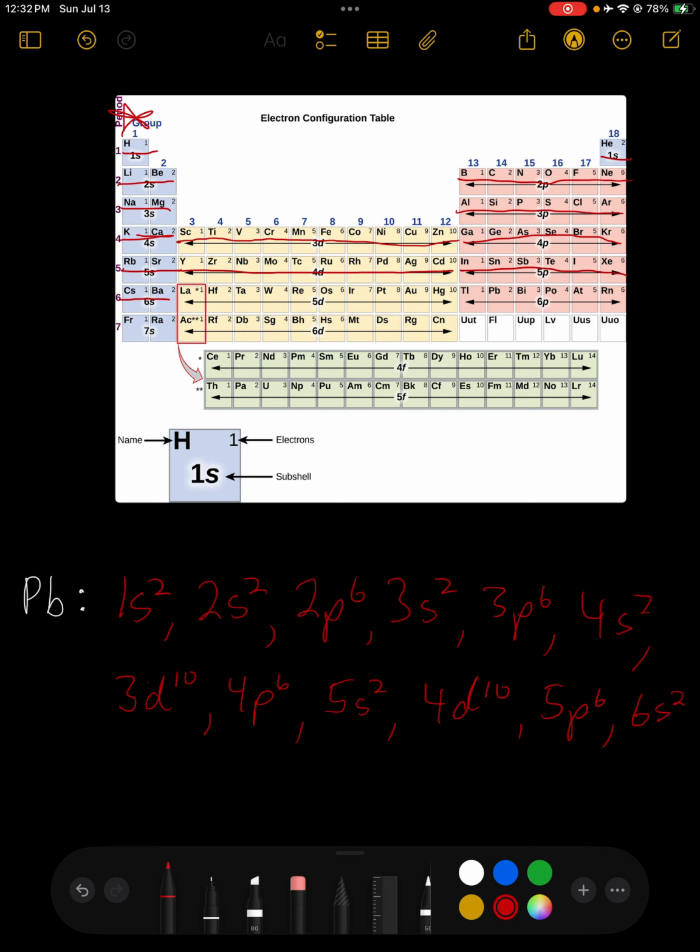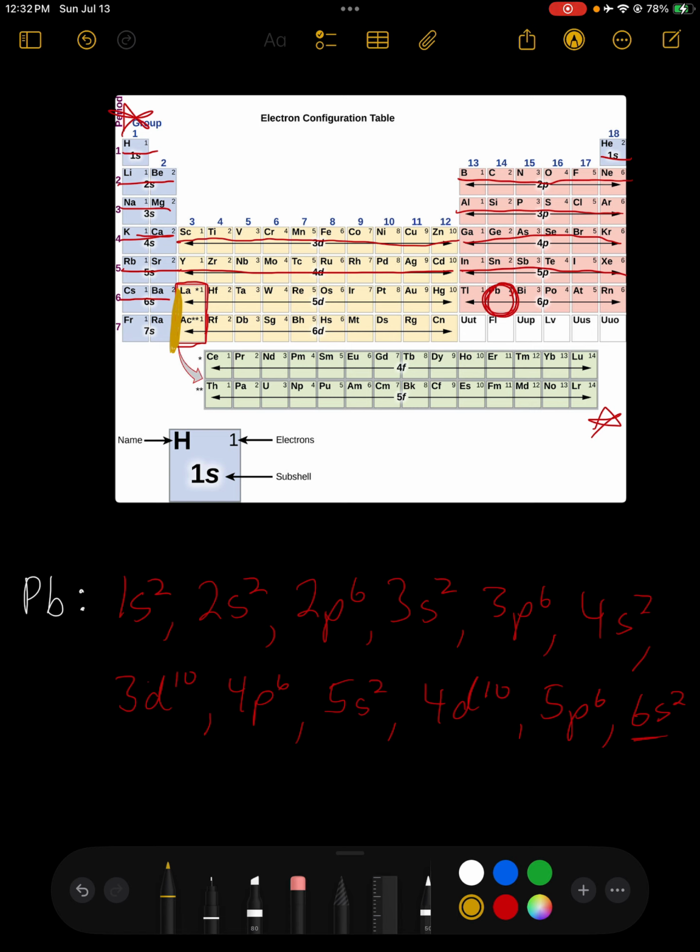Now, I'm going to slow down a little bit here because something a little bit odd is going to happen with this F block down here. So our last piece that we just wrote is 6s2. Lead, where we're heading, is over here. In the middle is the F block. The F block is removed from the rest of the periodic table because all of the elements within it act like the two that are circled in red right here, La and Ac. That F block, when you are writing a configuration, literally goes right in this space that I'm highlighting in yellow